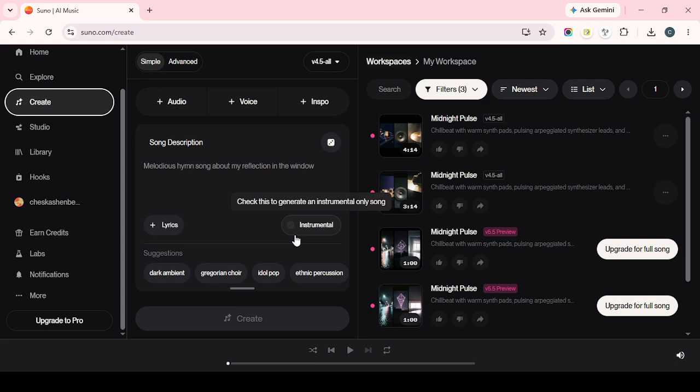A good tip is to keep the lyrical tone, structure, and theme aligned so the added section feels cohesive instead of disconnected. When the extended part is finished, take a